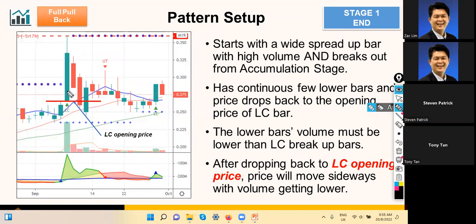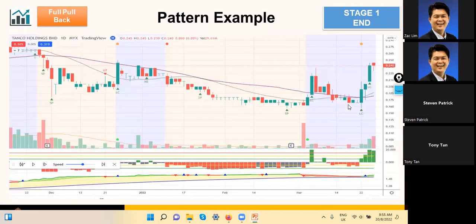I have an overall rough explanation about a full pullback. Full pullback is usually when you have a, I need to find some space to draw. Okay, so maybe I use the example. Okay, this is the example 10 call. Okay, so a lot of pullback patterns you can check also in the NS scanner. Okay, I find the NS scanner also has a lot of pullbacks. Okay, so a full pullback actually